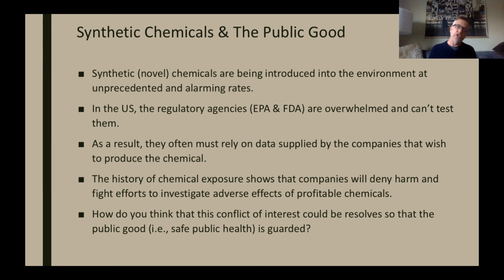So I hope you now understand what it means for a toxicant to affect the endocrine system, to affect the immune system, or to be a carcinogen. And I hope you understand some of the issues, and I hope you know some of the names of the chemicals that do this. In the next talk, we will talk about a whole smorgasbord of issues that come up as a result of what we've already learned. And we're going to start by looking at how we can make sense of the synthetic chemicals that we're exposed to on a regular basis. How can we categorize them and start to make sense of them? Until then, study hard.